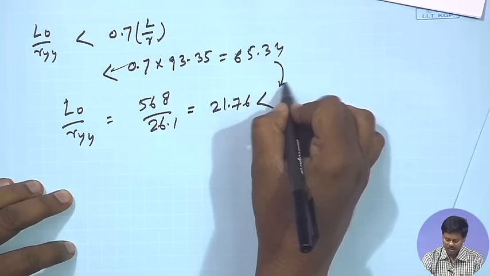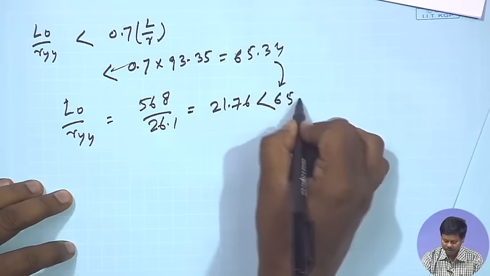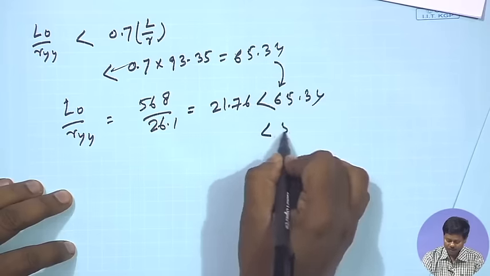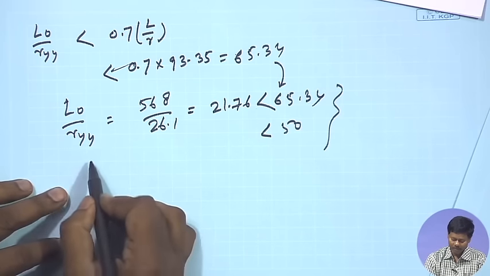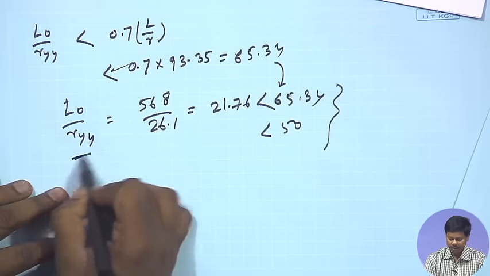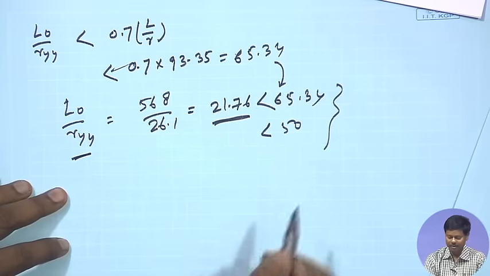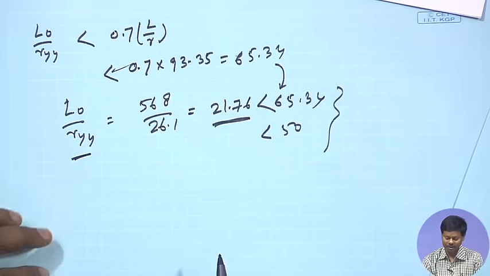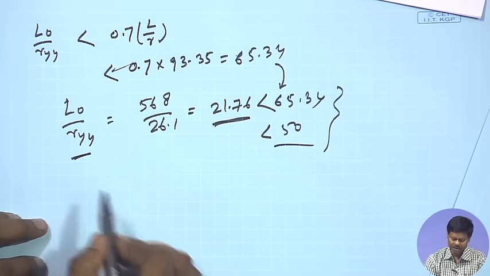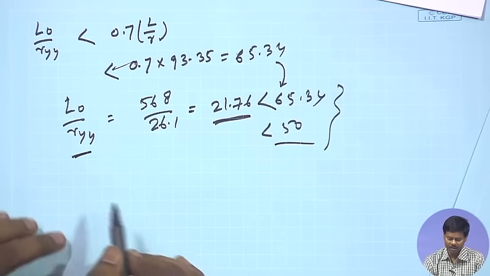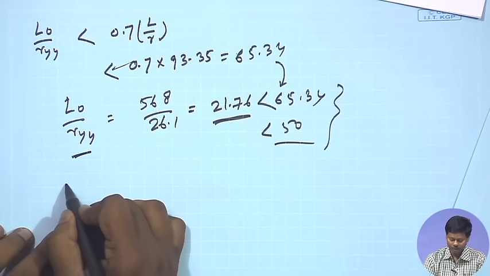So that is 65.34, or it should be less than 50, right. So as we found L0 by ryy as 21.76, which is less than this, the spacing between two lacing members is okay. So L0 is okay,